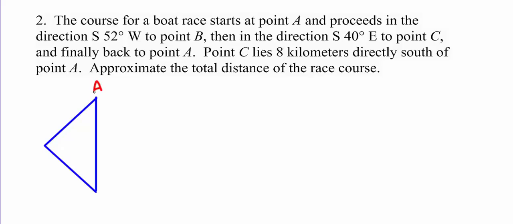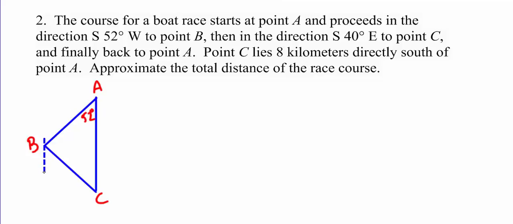First of all, some labels. We know that's point A, that's B, that's C. We know the direction here was south and then 52 degrees west, so I know this angle right here has to be 52 degrees. And it might be easier at point B to get the bearing there if I actually